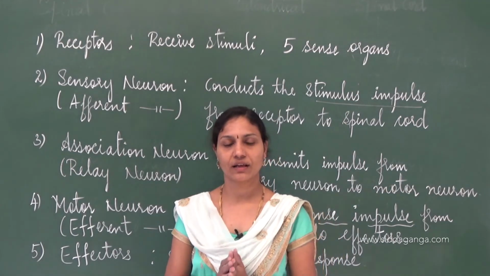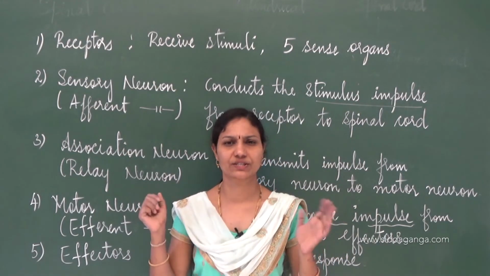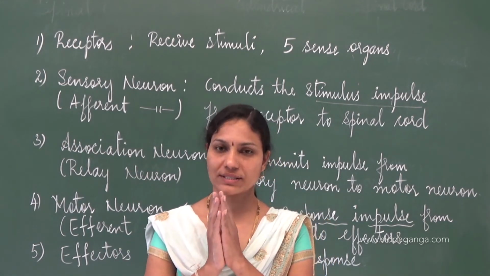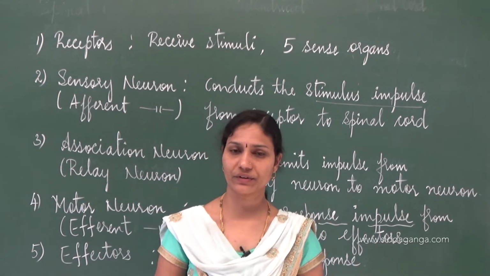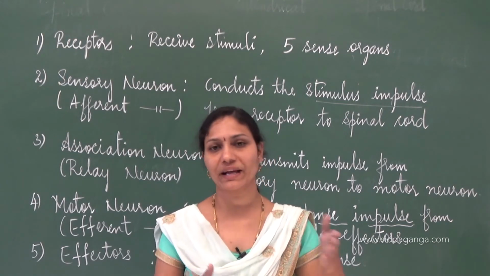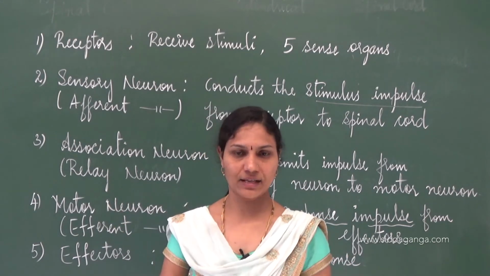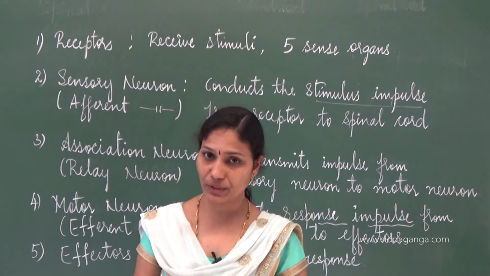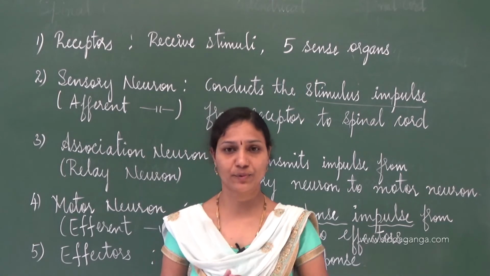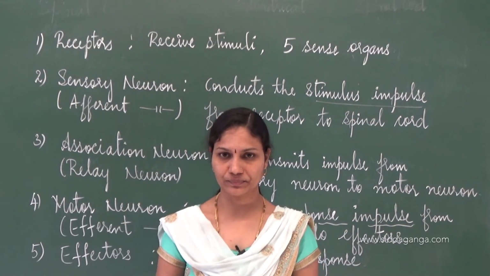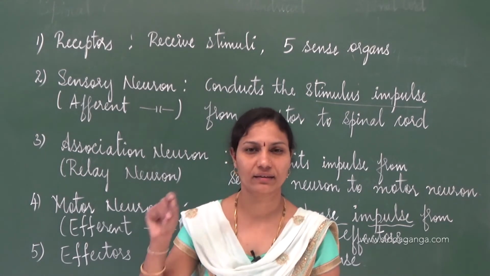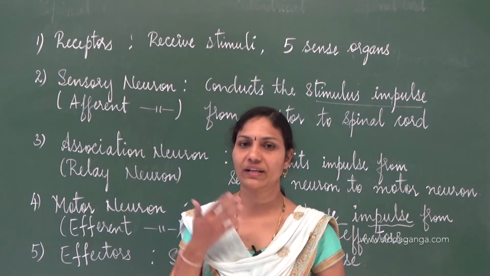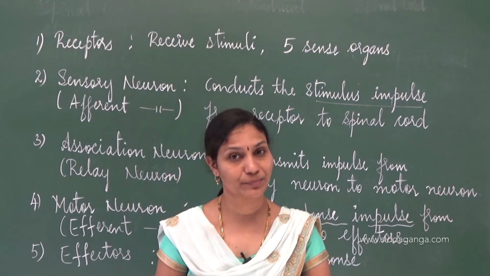In previous classes, I discussed the nervous system. There are three major types of nervous system, and the central nervous system is very, very important, and it entails the spinal cord and brain. The spinal cord is protected by our backbone or vertebral column, whereas the brain is protected by the cranium. So quickly I'll write a very simple and interesting flow chart, and after that we'll discuss something about the brain.